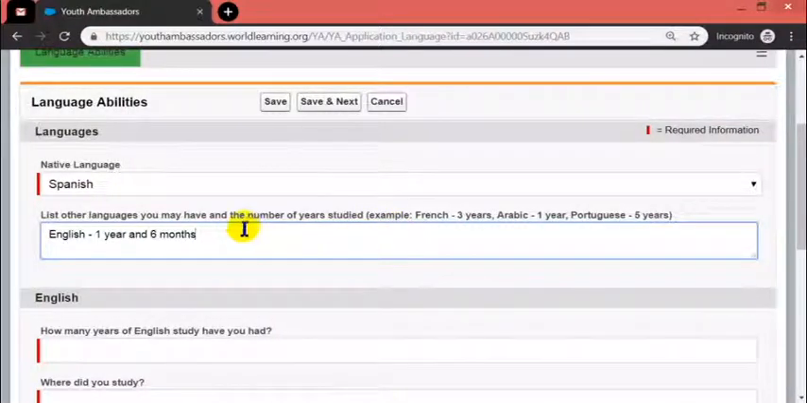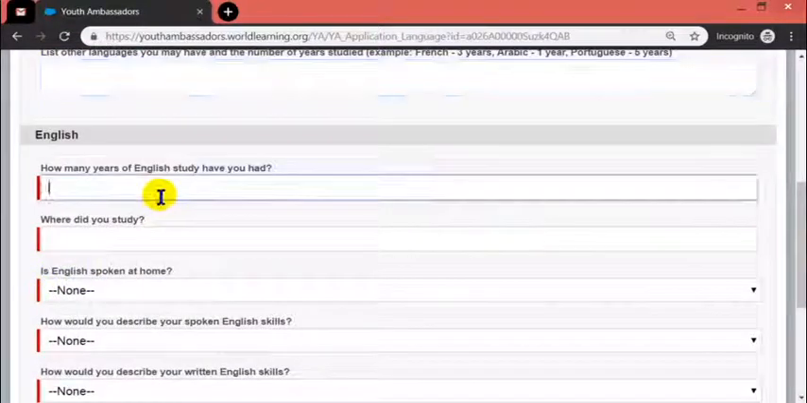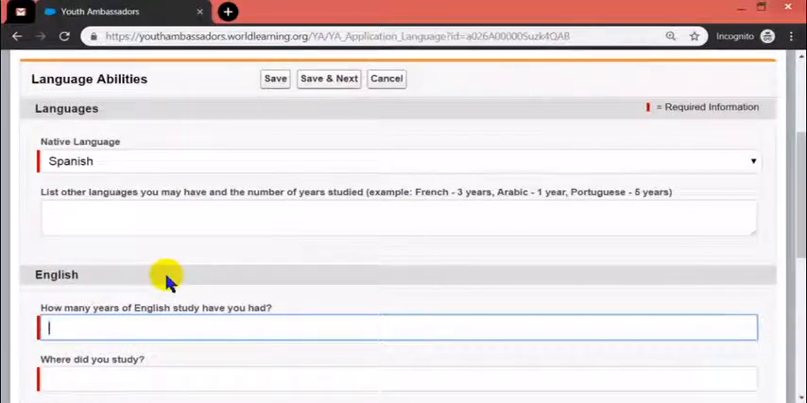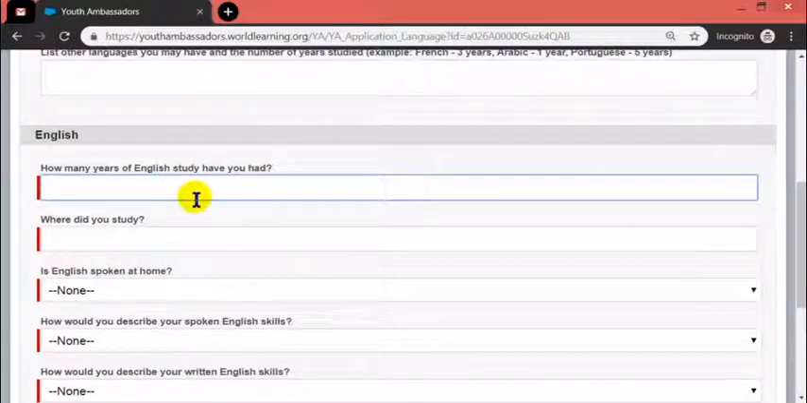Yes, and if you have studied another language, such as French, Portuguese, or Quechua, you can also mention it below, right? Once again, you gotta be honest about this. So this is something regarding English. So I guess, well, you could also mention it here. How many years? Don't forget,